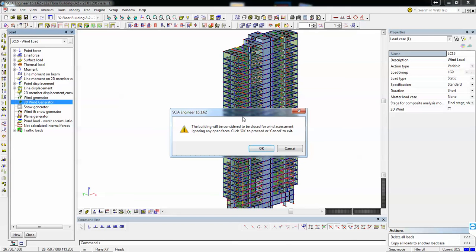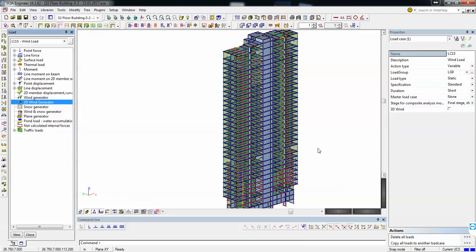If the program encounters open faces, it will help us close some areas we did not cover by panels, and we will check the way it distributes or transfers the loads. This is how we check if everything is correct. And also by the way the building will act. So normally if wind acts on a certain side, we should see from the deformed shape how it looks. Basically, we have to wait a bit now.